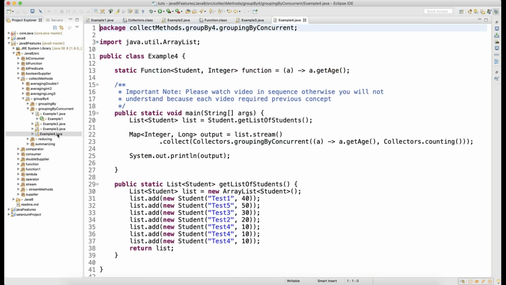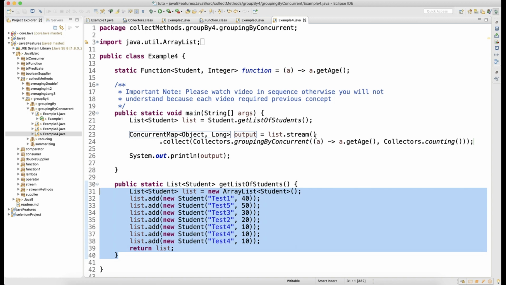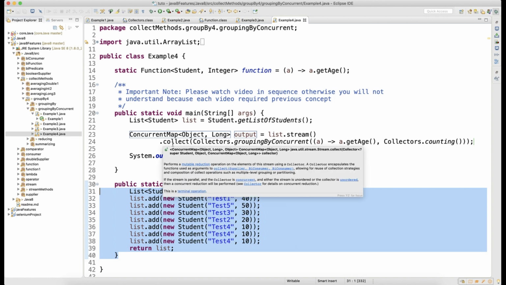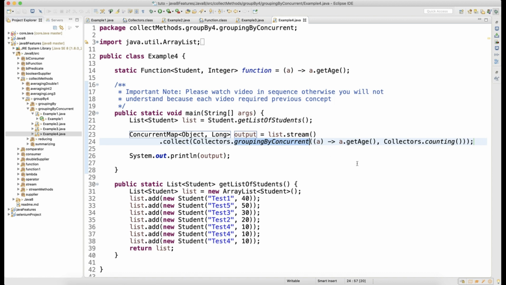Now come back to example number 4. Here also the first thing I will do is delete this and allow my Eclipse to write the local variable. It's a ConcurrentMap. Here what I'm trying to do is, it's a list of students, guys, which gives me the list of Student objects, from the method I have here. Then I can run stream.collect with Collectors.groupingByConcurrent. How do I want to collect? I want to keep age as my key, and I want to count how many students have the same age. So that's how I will do a counting.